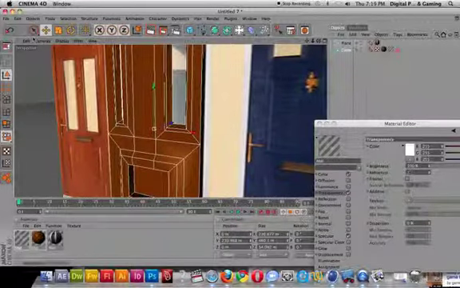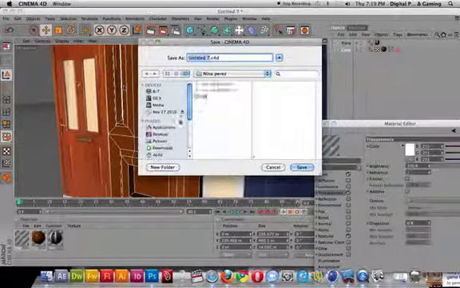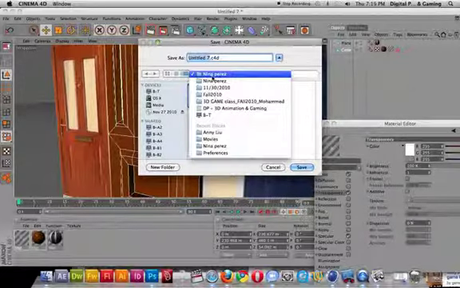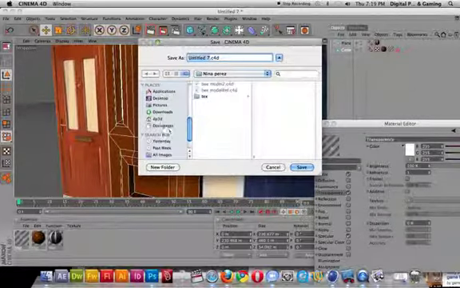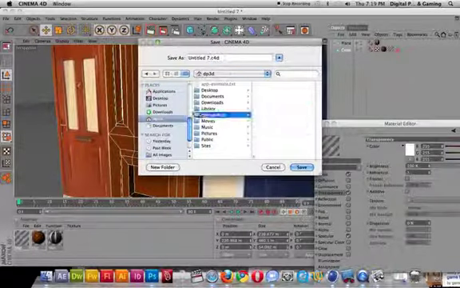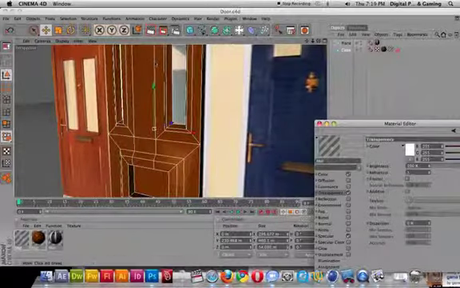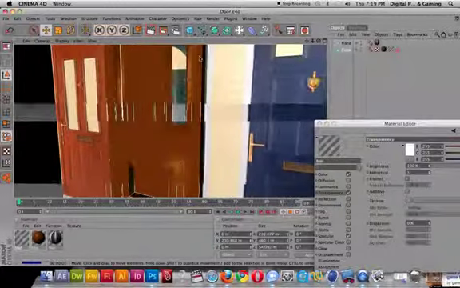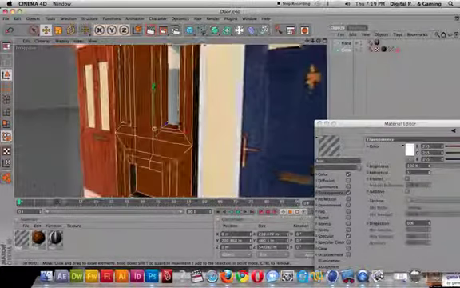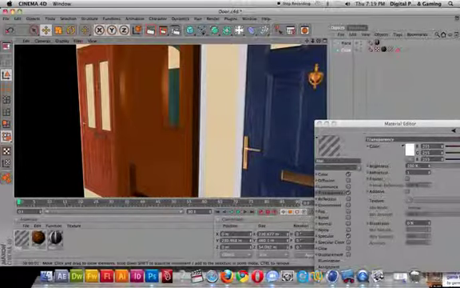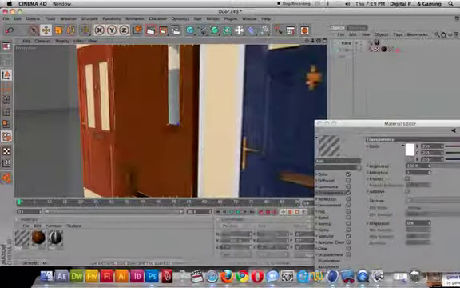Okay, so I'm going to go ahead and save that as a door. Save as, let's call it door. Where is this? I'm just going to save it to my Cinema 4D folder. Did you render it? And I'm going to call it door. Yeah, that's a good idea. Let's render that. So it's looking a little shiny, but it's there. Now, let's go ahead and say